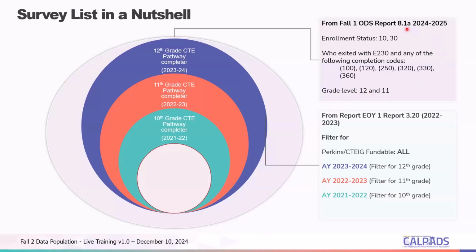We would use these filters for the first step for the report 8.1A to ensure that we're casting the widest net for our high school completers. And we would actually run the second report 3 times. So there are 3 steps in that second report field there. And we would change our filters for academic year and grade level there. Does that help to answer your question, or did I not get onto the right thing with the 2 steps?